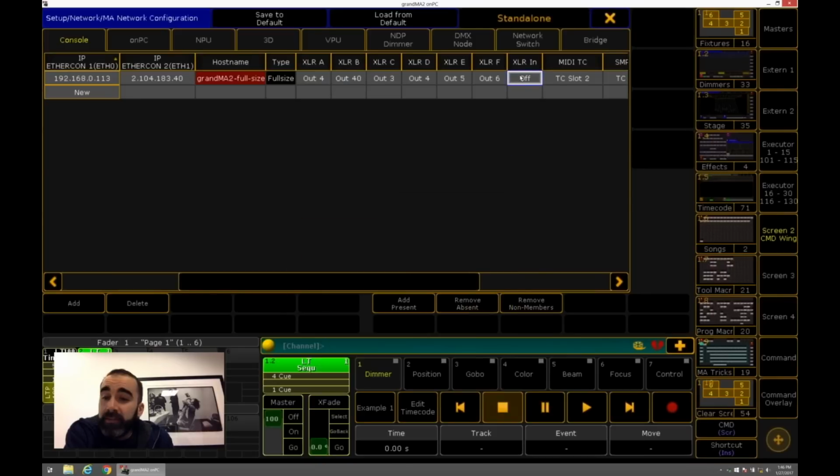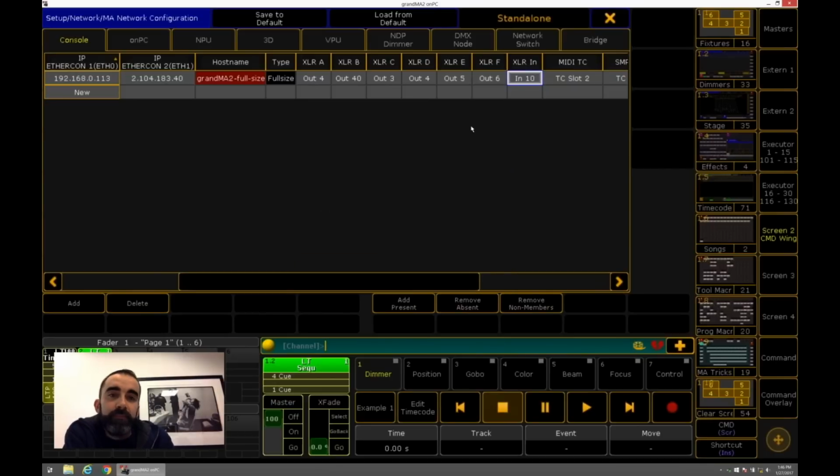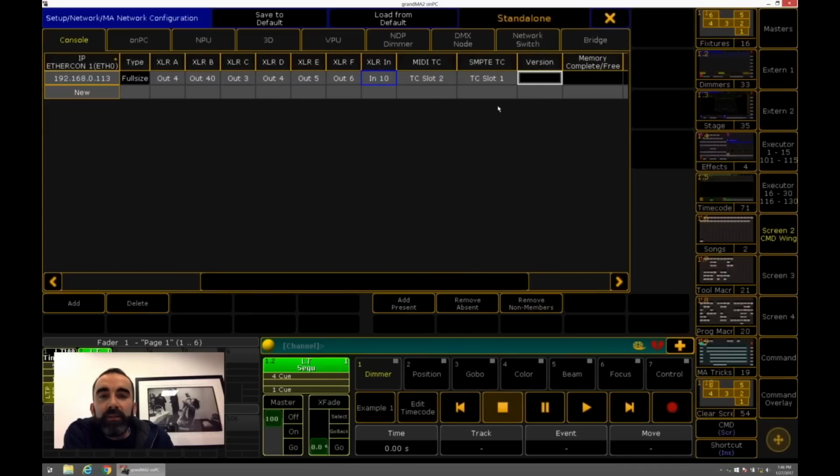So that's DMX coming in instead of going out: I want the DMX coming into Universe 10. Timecode slots are kind of like that.